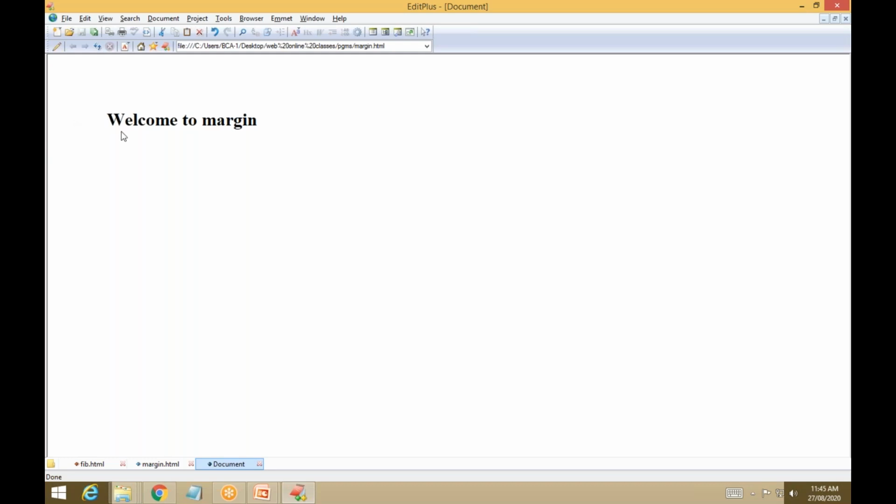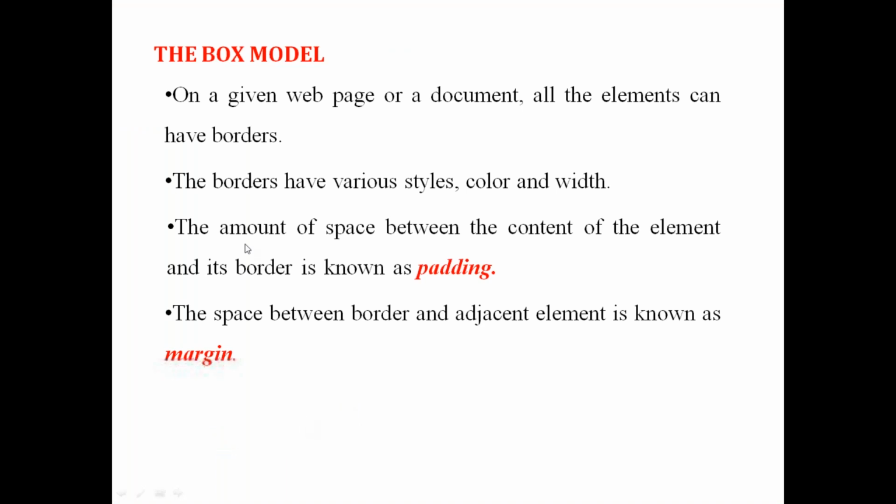But you cannot see the margin, the borders, the spacing, or the top and bottom colors of the borders. But how you give the colors for the element, you have to use the box model. So let us discuss what the box model means.